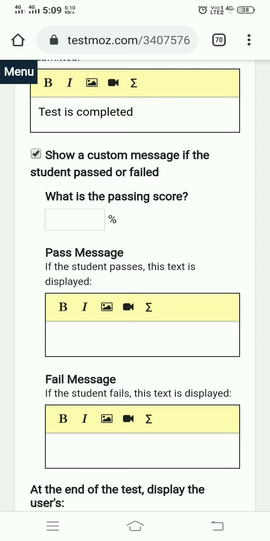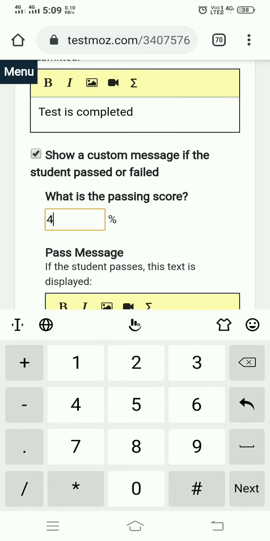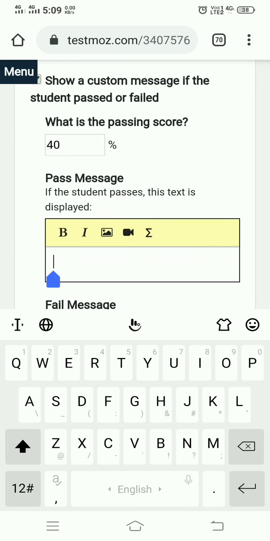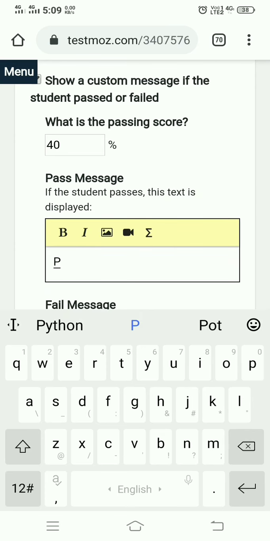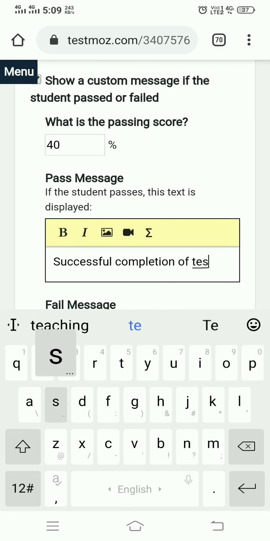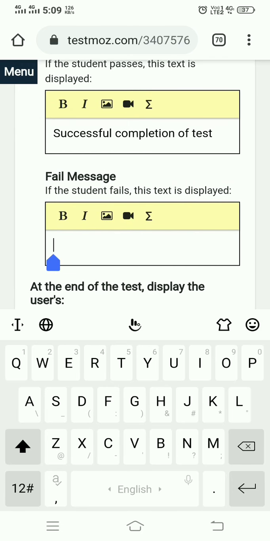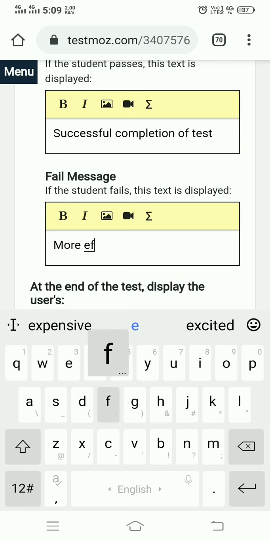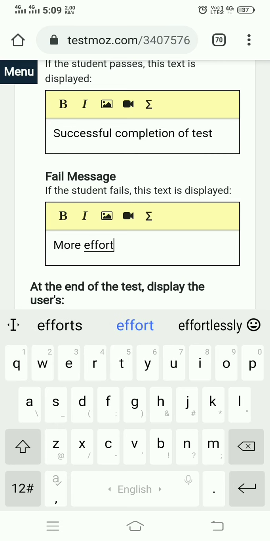For example, suppose we choose the passing percentage as 40%, and you can display the message "successful completion of test," and if failed, "more efforts required."